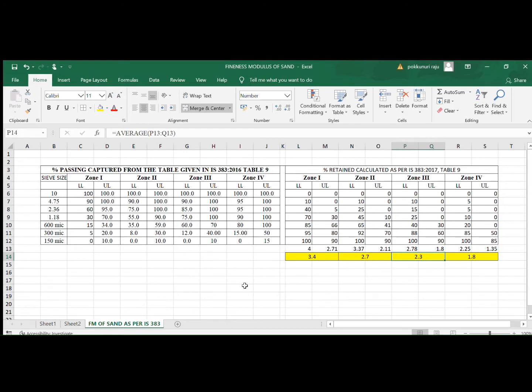to 3.4 when you are considering the average fineness modulus of the sand, or else it will range between 1.35 to 4 when you are taking the individual limit, that is the upper limit and the lower limit given in IS 383 2016 table 9 grading requirements. That means values which are between the range of 1.8 to 3.4 are meeting the requirements or the criteria given